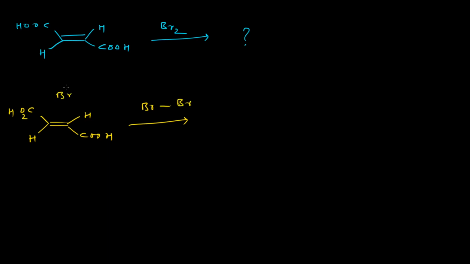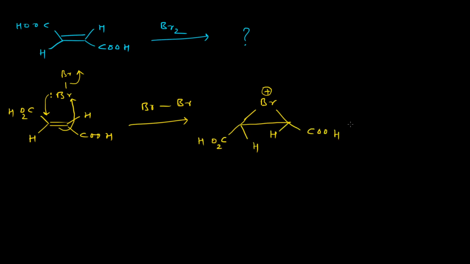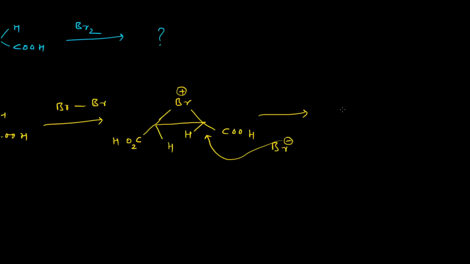This will be the reaction mechanism, and after that this bromonium ion will form, and I will show it in Sawhorse projection formula. Right. So now the next Br minus will attack this cyclobromonium species. It can attack either from this side or from this side. So if it attacks at this carbon center, then this product will form.